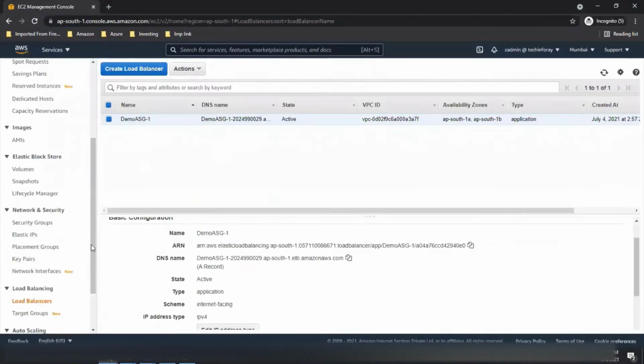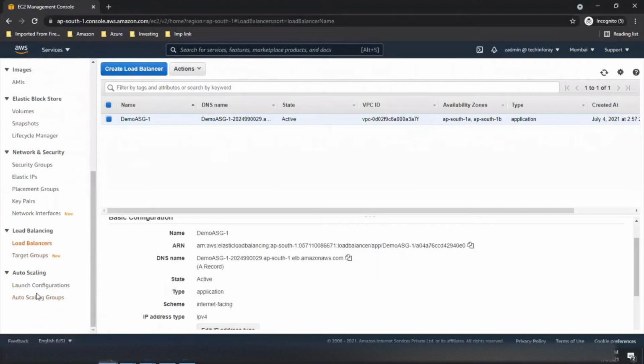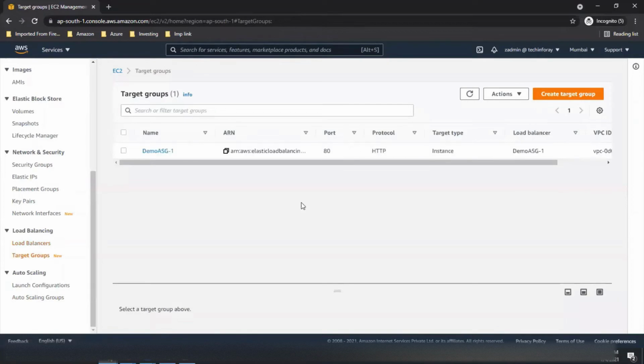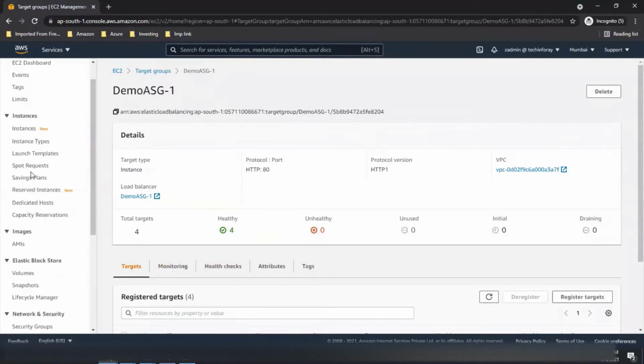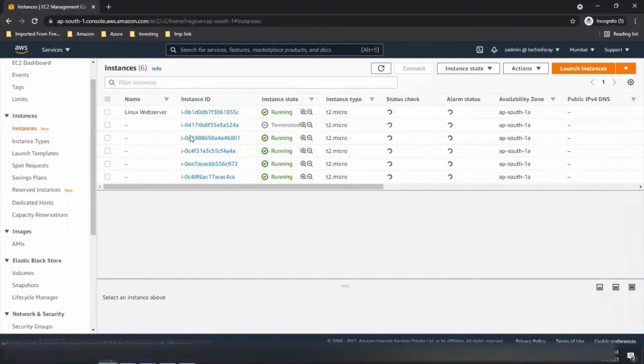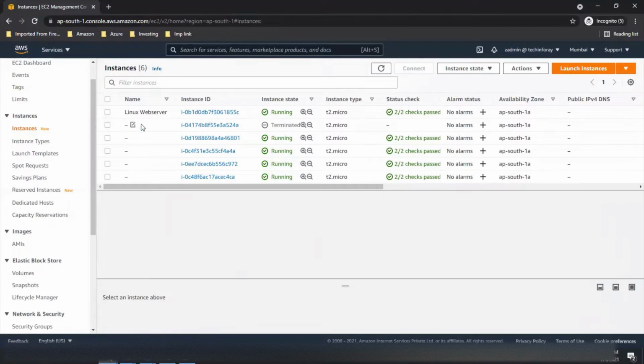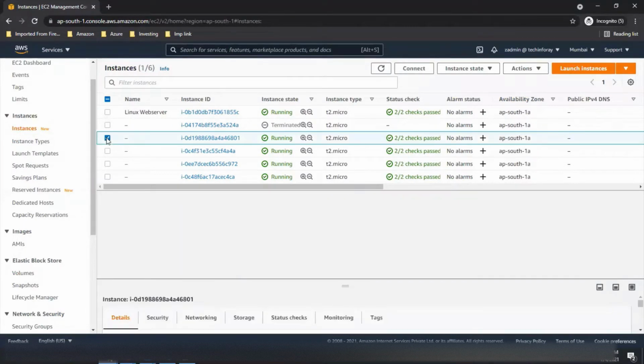So let's go to our load balancer. It's active, target group is active. So now if we try removing any machines, it will automatically get into the target group automatically.